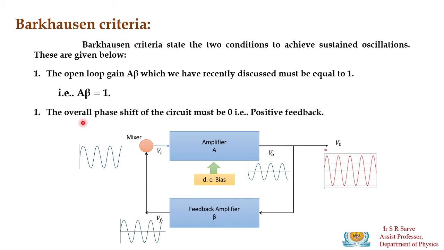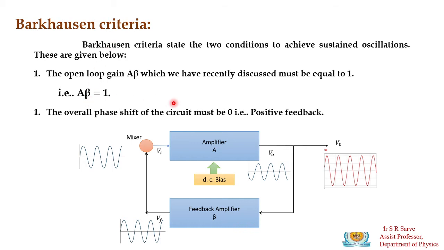And second, the input and the output that the circuit generates are in phase with each other. Here this wave starts in the upward direction, and the output obtained at the feedback also starts in the upward direction. If these two waves are in the same phase, there is a 0 degree phase shift. That is the condition for positive feedback. If any oscillator satisfies these two conditions, it is said to satisfy the Barkhausen criteria.